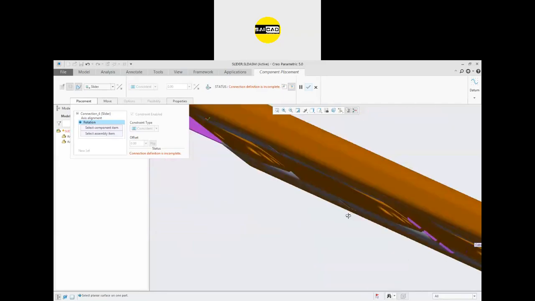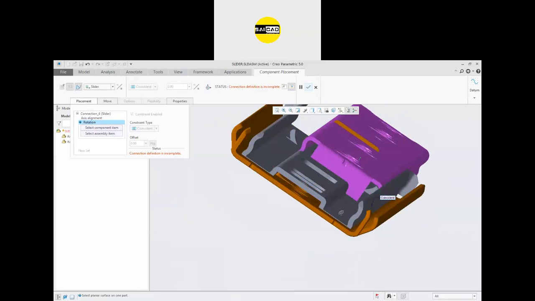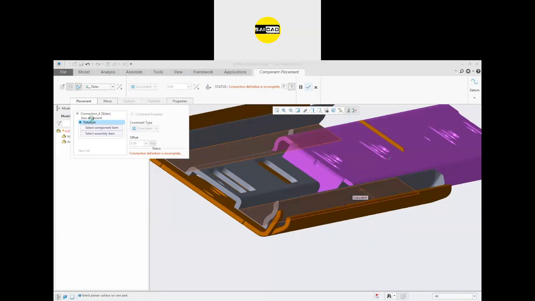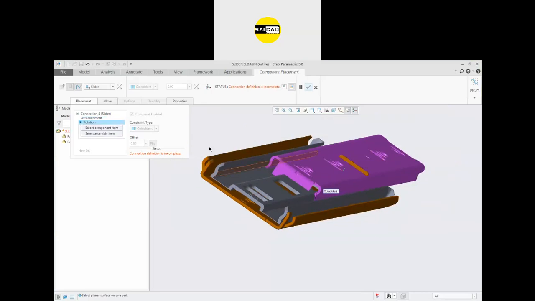First of all, see the component properly. The axis alignment should have been with the internal part. So just go to the axis, remove, select the internal, or remove both.